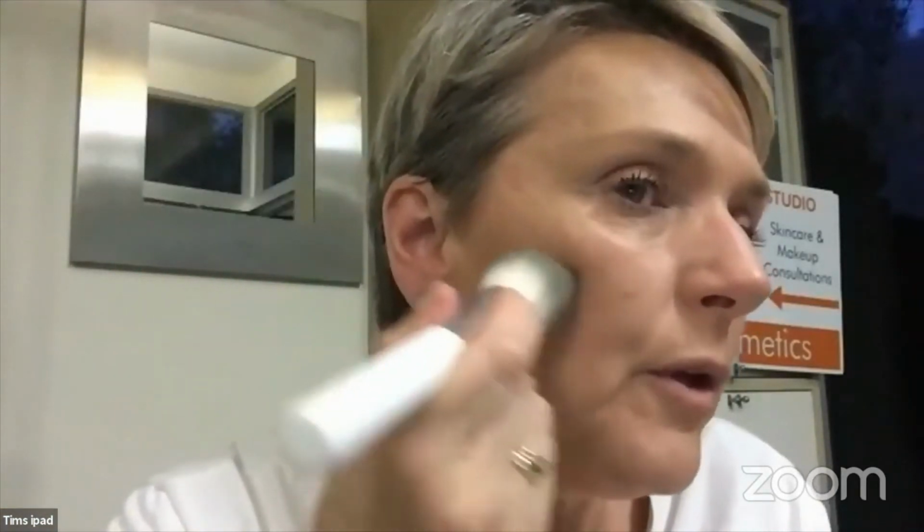Okay, so again, without putting a whole lot of extra products with highlighters and shimmers and glitters, if you're time poor or you're not confident in your skill level, guess what? With one product, your bronzer, you can buff that into your cheekbone, keeping it nice and high, working it back into the earlobe, back into the skin, the hair, and even a little bit around the temple, so that you've got this beautiful crescent of warmth, of bronze, of shadow that naturally enhances the radiance and the lightness of your